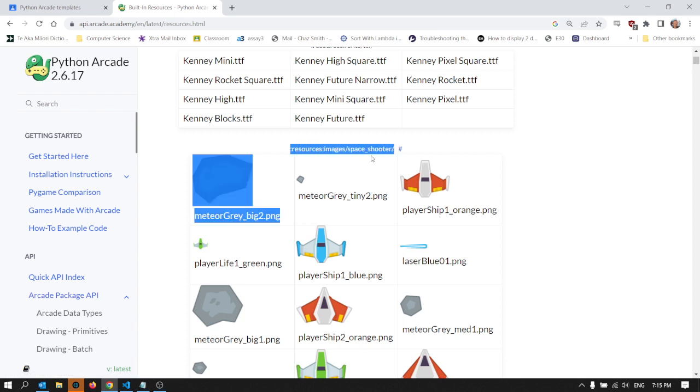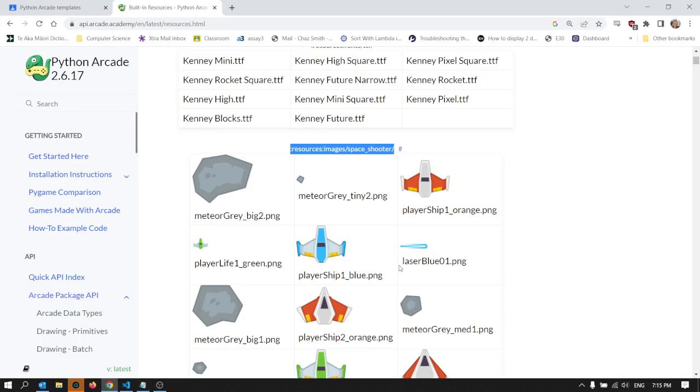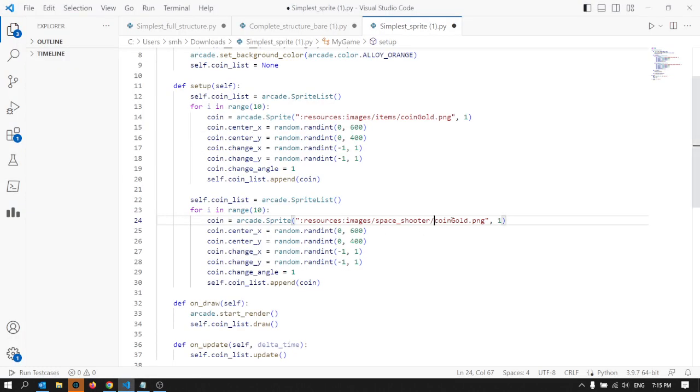I'm going to take this, Control C, and go back into my program, and that goes there because that's the correct path, but it's no longer coin gold that I'm going to have. I'm going to have this fella, a meteor gray big. Control C and back to here and Control V. Now